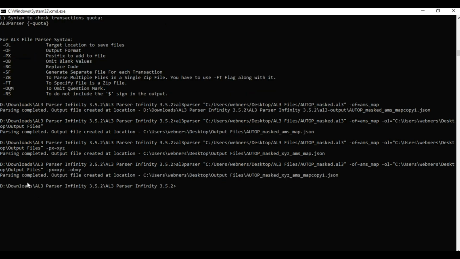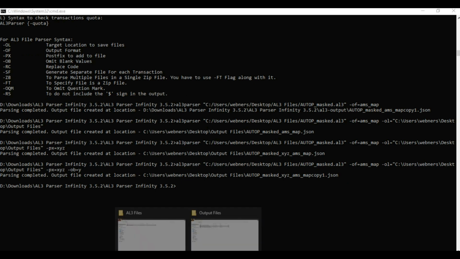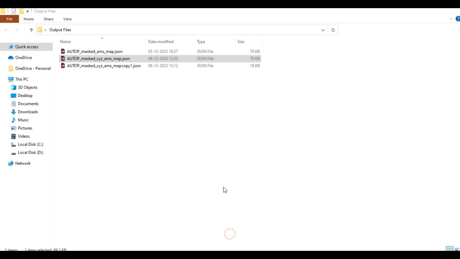Parsing is completed. If you go through the output file, you will see the file which I saved now is smaller in size. It's 18 KB, and the file which I saved earlier is 70 KB. It means all the blank values have been removed from the output. I have opened these two files in the browser,